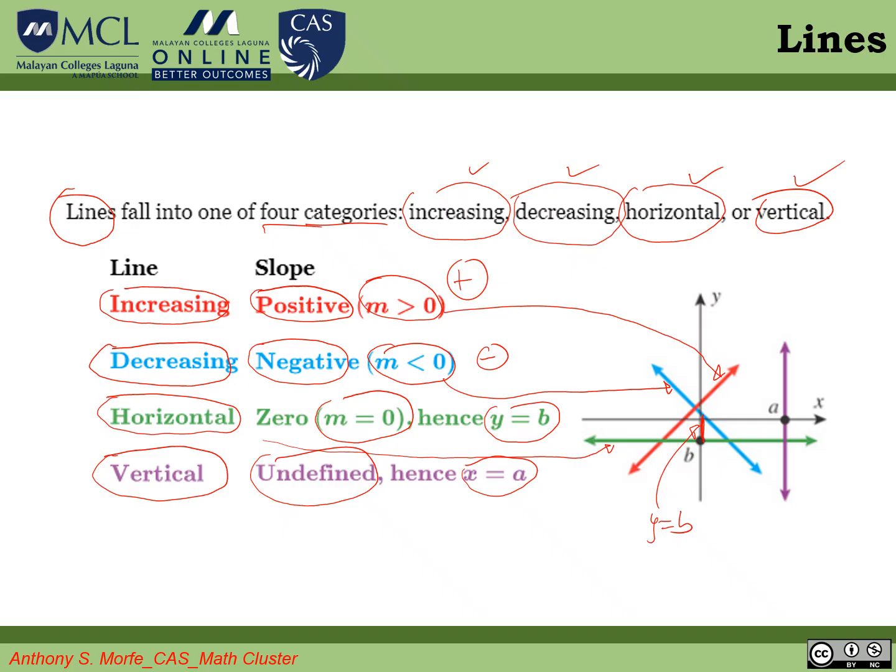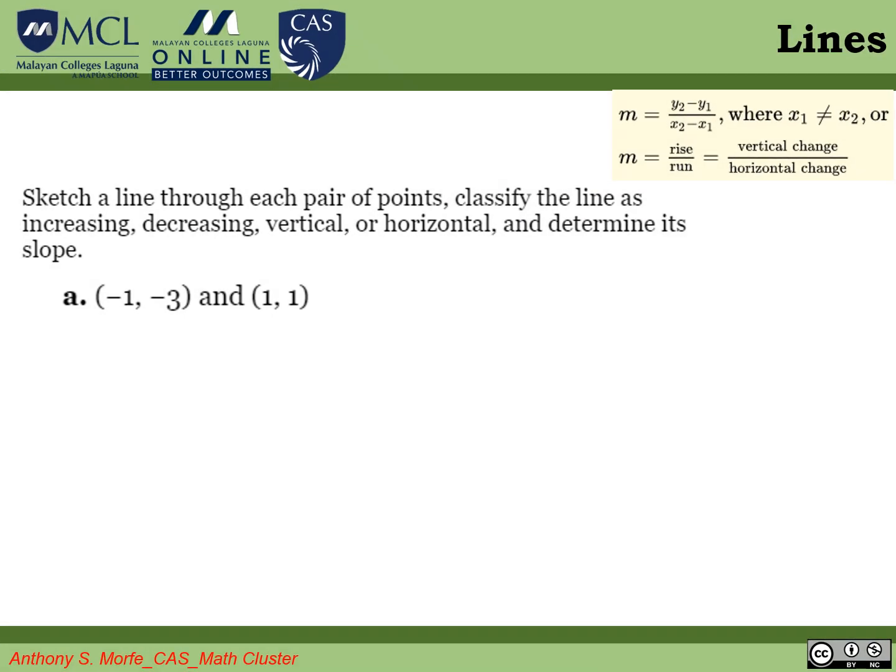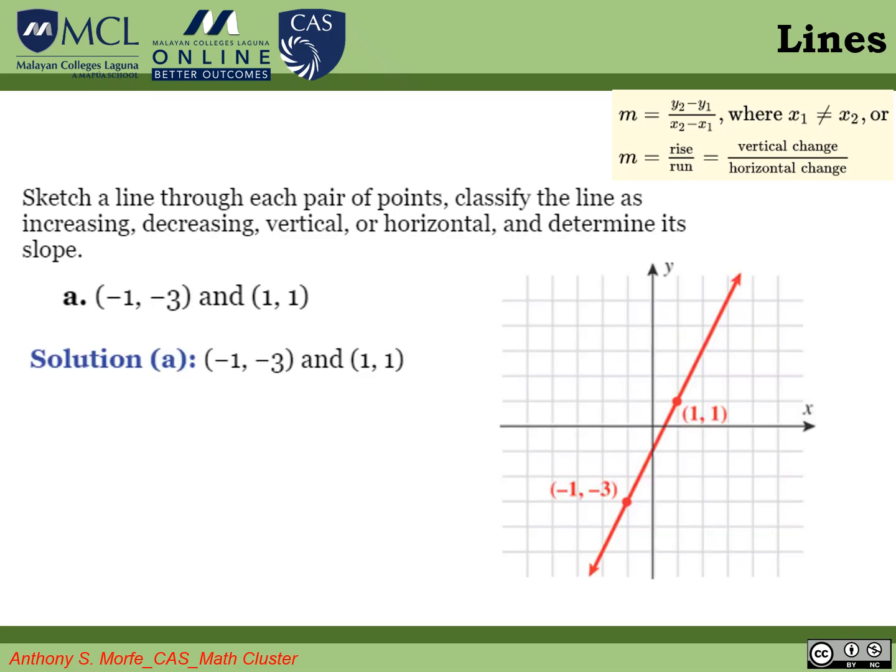The distance from the y-axis, if we call it a, so we can say that x is equal to a. So vertical is shown in this line. This is what we had discussed last time, and then we solved 4 problems. We are given points, we plot the points, and then we connect the points, extend the line in both directions, and then we put an arrow at the end.